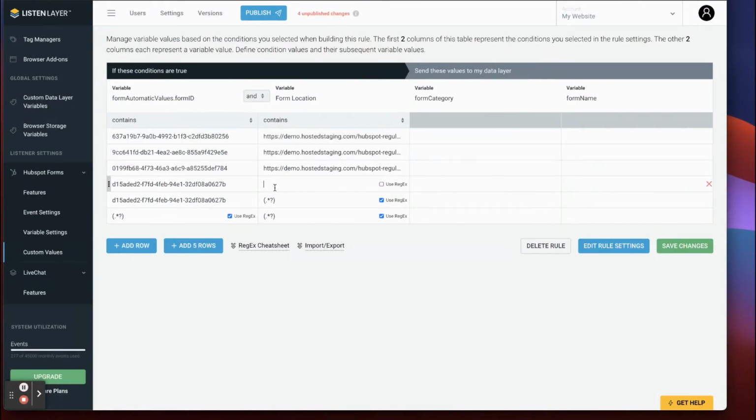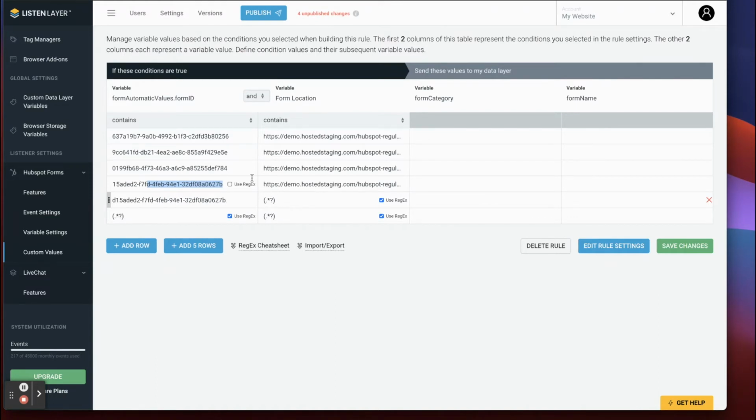Now, again, if you're using these forms across tons of different pages and they do the same thing no matter what, then you probably don't need this variable at all. But in some cases, you might have a setup like this where this form does something specifically on this page, but then when that form exists on other pages, it does something else. And so what we have here is a more specific rule for this form ID above a less